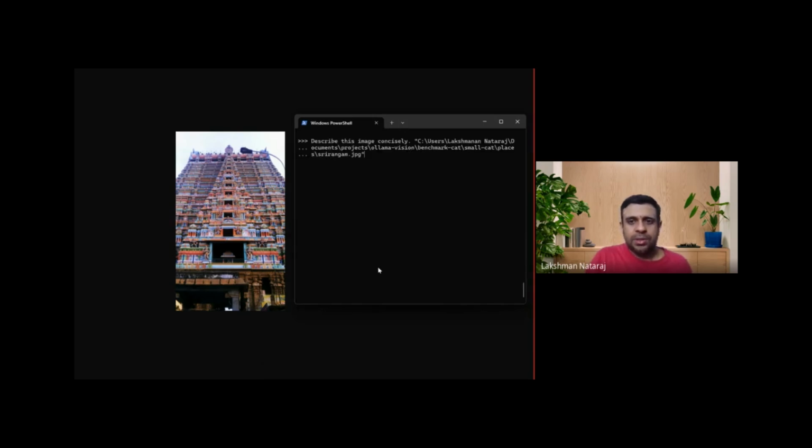So hey, this is a photo of Srirangam Sri Ranganatha Swami Temple in Tamil Nadu. We're going to pass this image to Ollama Vision with Llama 3.2 Vision and ask it to describe this image. So here it goes. The image presents a breathtaking view of a large temple situated in the heart of a